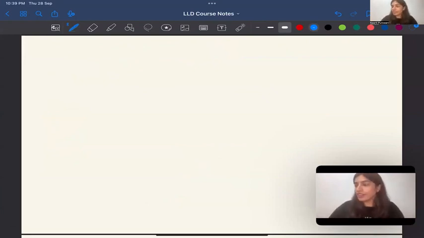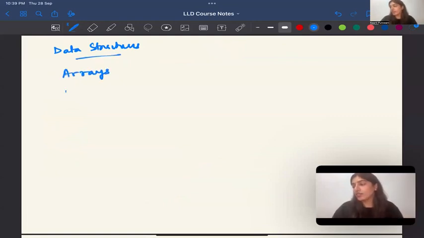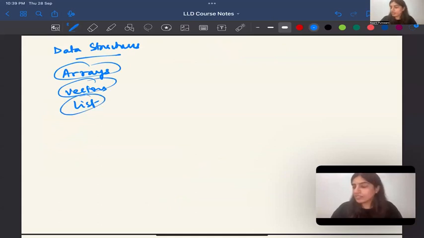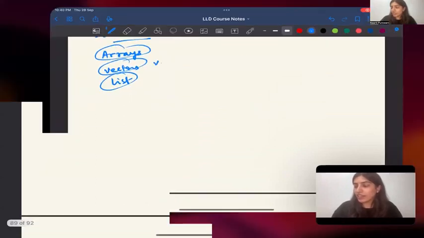Okay. So every data structure that we use, we have used a lot of data structures, right? Like arrays, vectors, lists. Very nicely, we can go through the array or the vector or the list. In this vector, suppose it is called V, I can do V for, suppose it is a list. Suppose the list is, I can do something like